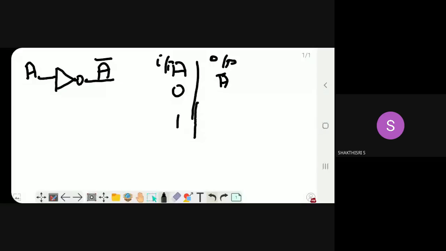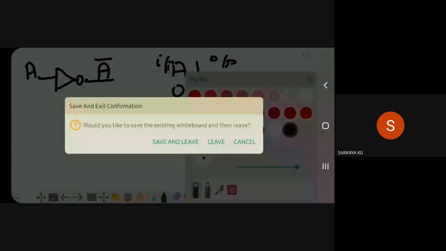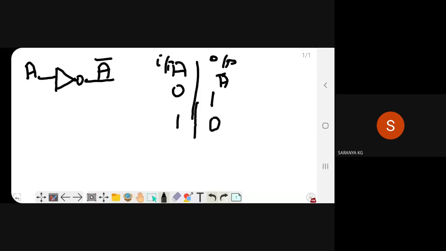If I give input as 0, its output is 1. If I give input as 1, its output is 0. So this is its truth table. This is the NOT gate.